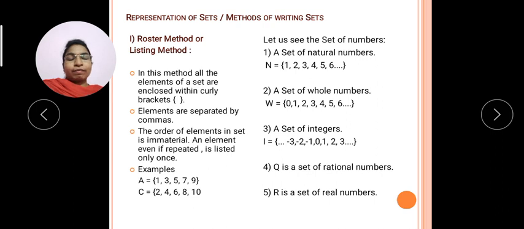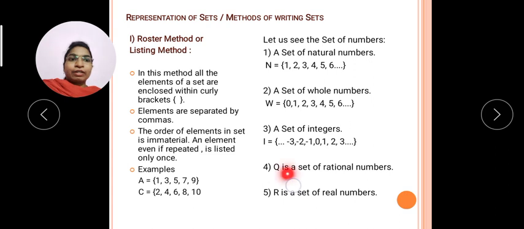Listen, whatever elements you write in the set always depend on the specific condition, whatever conditions are given. Now for natural numbers, you can't write -1, -2 here. Natural means all positive numbers starting from 1. 0 is not a natural number. Okay students, so the set of natural numbers is denoted by N, the set of whole numbers by W, the set of integers